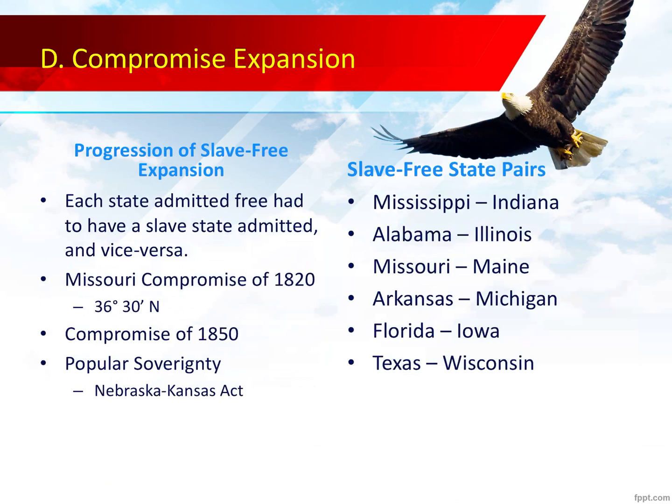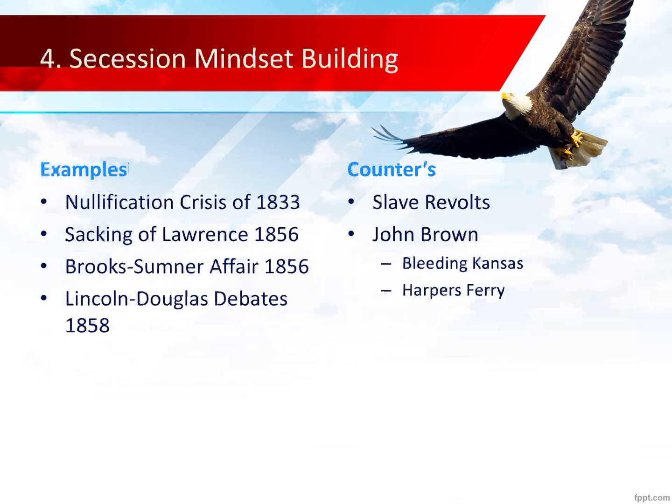For example, later on, when Kansas and Nebraska want to become states, the concept changes to popular sovereignty. Well, let's just let the people in the territory vote. Let them decide. Of course, the slaves weren't asked what they thought. I mean, they don't get the vote. It's only the white men. And that is going to create its own set of problems later on, popular sovereignty.